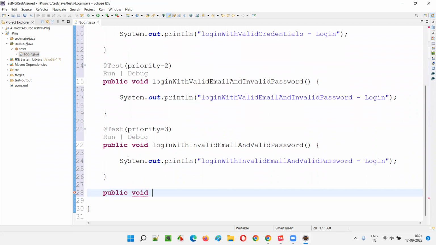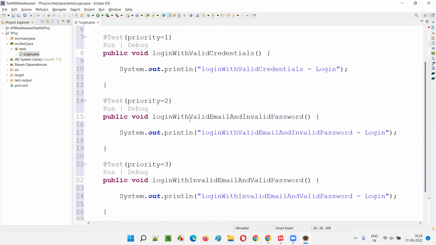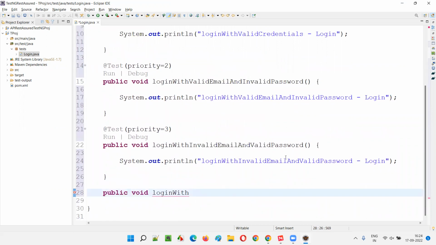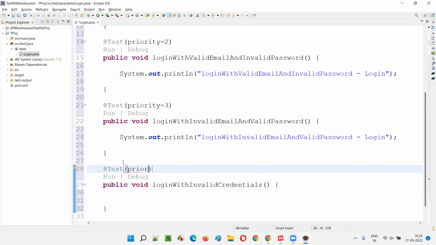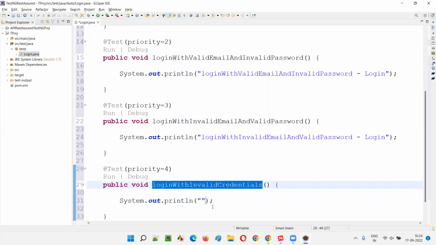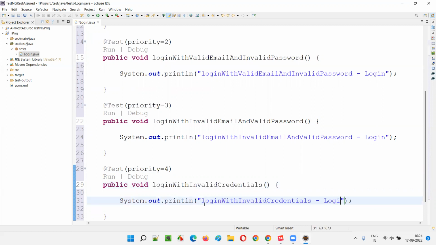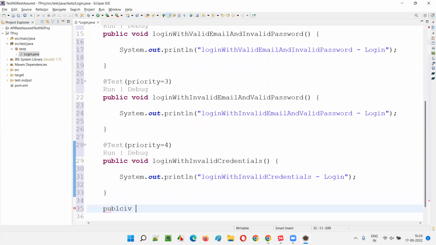Public void login with... first one was with valid credentials, then a valid email and invalid password, then invalid email and valid password. This time invalid credentials, both are invalid, guys. Login with invalid credentials means email and password both are invalid. So here I'll write @Test, then priority is equal to 4, System.out.println, login with invalid credentials hyphen login. Then public void login with